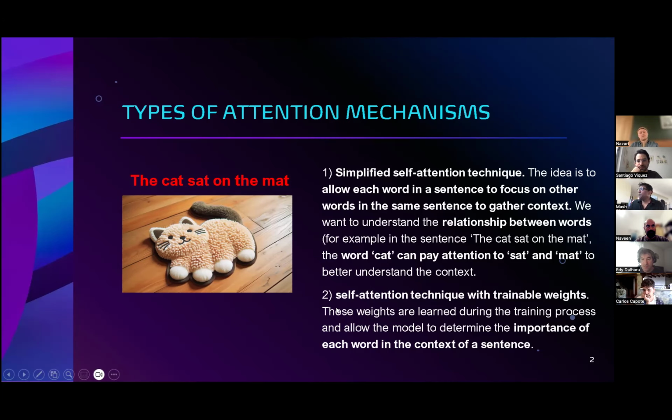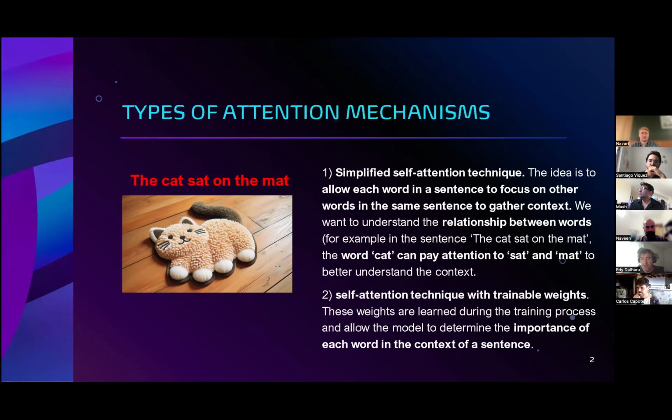The second mechanism is self-attention with trainable weights. And here in this mechanism, these weights, which we'll see that basically there are three matrices, will be trained and will allow the model to better understand how each word relates to the other words in